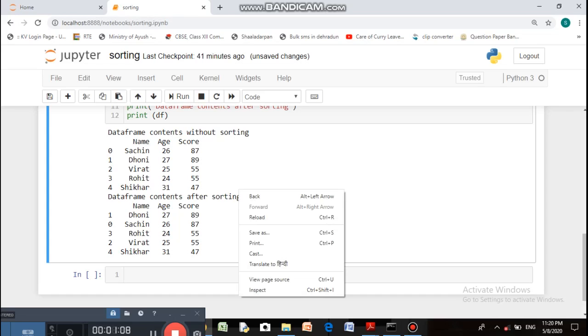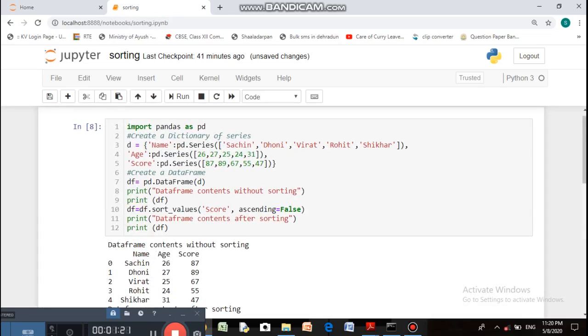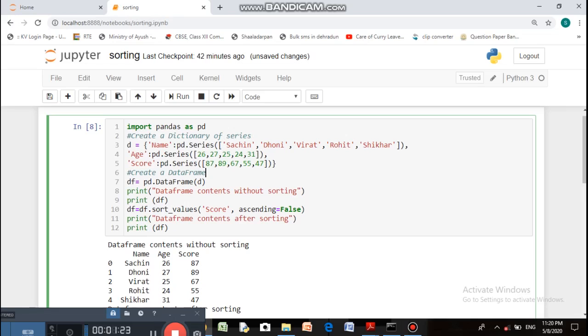Now the next thing is how to sort data using index. So for that, let us try this code with some changes. I'll copy this code which we took in the beginning, and then let us try it.